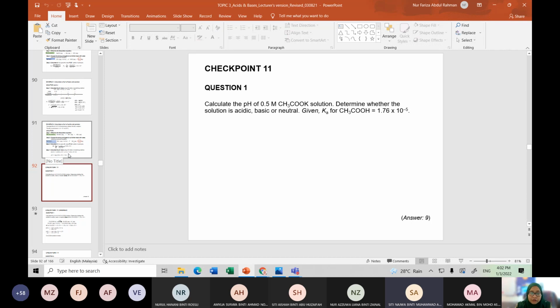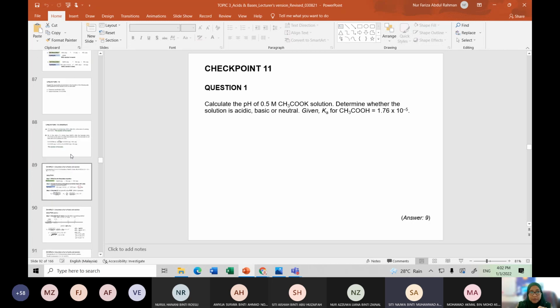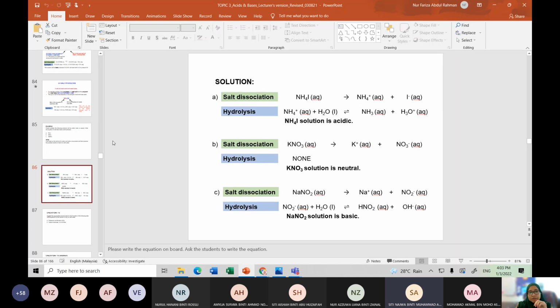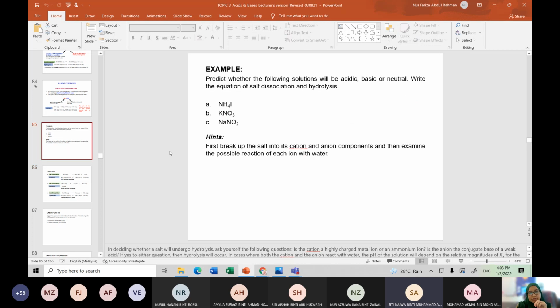So to find the pH of the salt, the first thing you need to do is dissociate. You have to make sure that the salt is dissociated first. So look at this example. We have 3 salts given to us, and in order to determine the type of salt